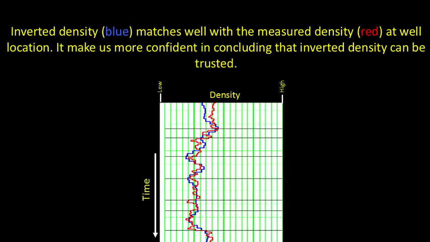Now, the two curves that you have, the inverted in blue and the measured density in red, they are shown here. And you see for yourself how good or bad the correlation is. One is coming from the seismic data, the other one is measured in the well. This correlation is not bad. Considering the measured curve comes from one point and the seismic data is spread over hundreds of meters, several tens of meters to a few hundreds of meters. It's an averaged effect, but still the correlation is good.